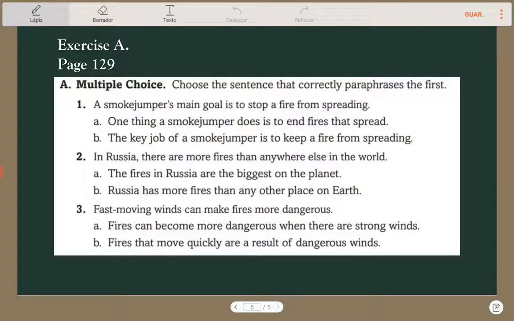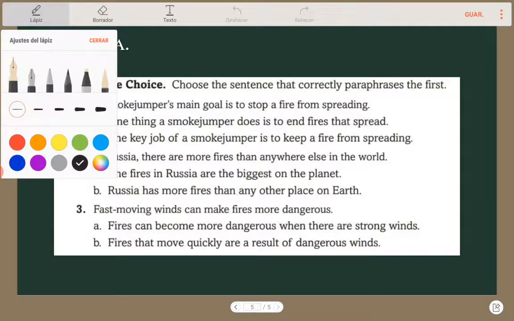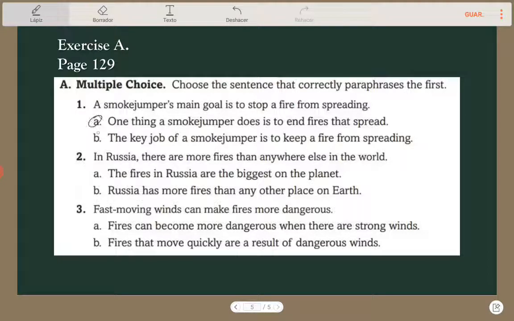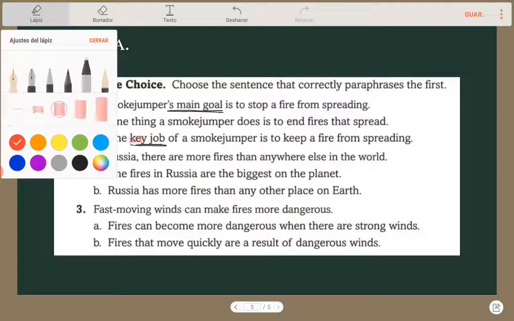A smoke jumper's main goal is to stop a fire from spreading. And we have these 2 options. We have the option A and option B. Let's check. It says, one thing a smoke jumper does is to end fires that spread. Or letter B, the key job of a smoke jumper is to keep a fire from spreading. Here we can check in the original, a main goal, the key job. Okay, so letter B